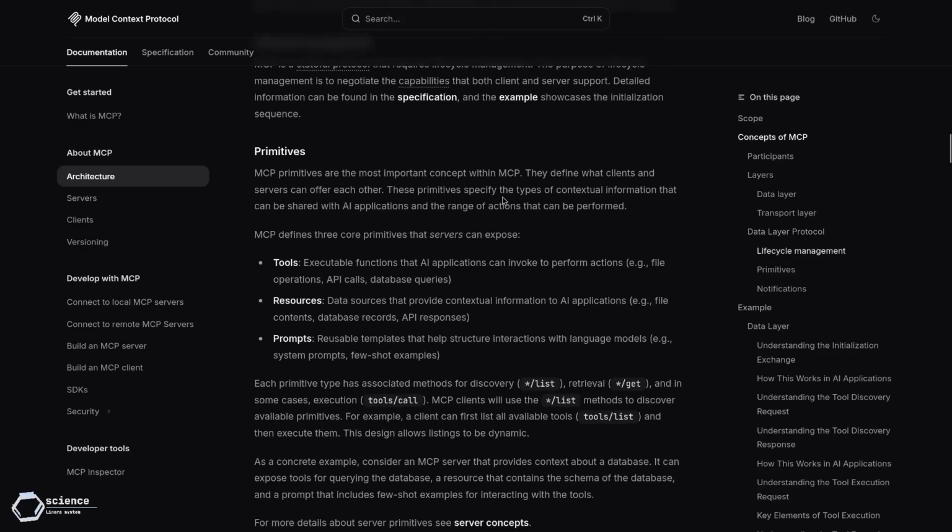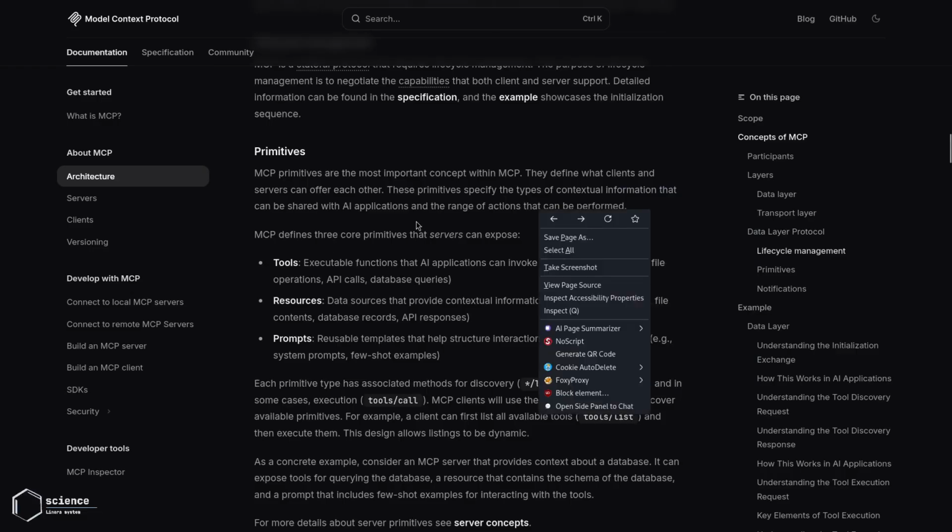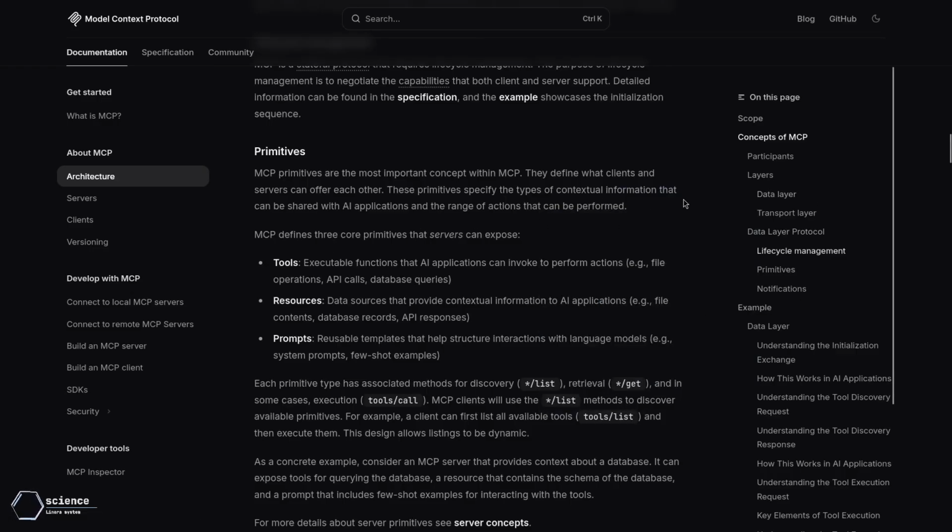MCP defines 3 core primitives that servers can expose: tools, resources, prompts. Tools: executable functions that AI applications can invoke to perform actions, like file operations, API calls to